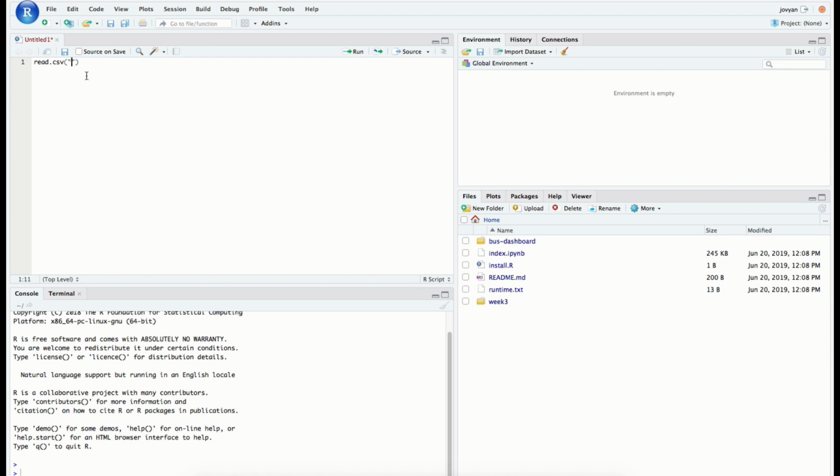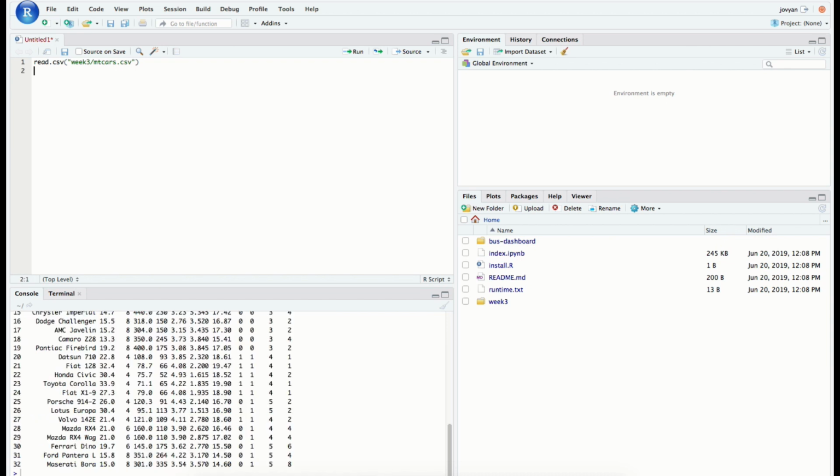But what we want to do within these quotes is tell R where this file is. This file is in this week 3 folder that's inside of our home directory, and it's called mtcars.csv. So we're going to say, hey, go into your week 3 folder, and within that folder, we're putting a slash there to say within. Within that folder, we want the mtcars.csv file. Now, if you're using a Mac, remember you hit Command Return, and it will execute